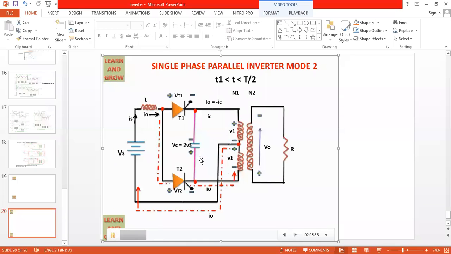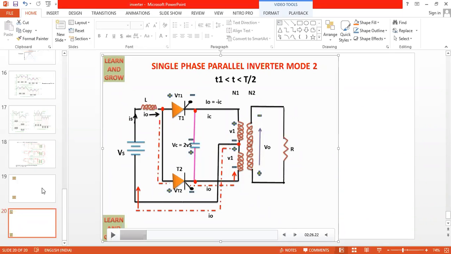So what happens when the capacitor is completely discharged? Any student? Whenever a capacitor is discharged completely, the capacitor recharges with opposite polarity. So in mode 3, what is the first point? The capacitor which is discharged completely recharges with opposite polarity, as you have seen in the circuit. Initially the upper plate was positive and the lower plate negative. Now you can see the upper plate has become negative and the lower plate has become positive.